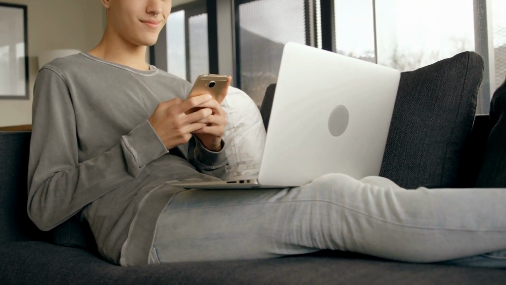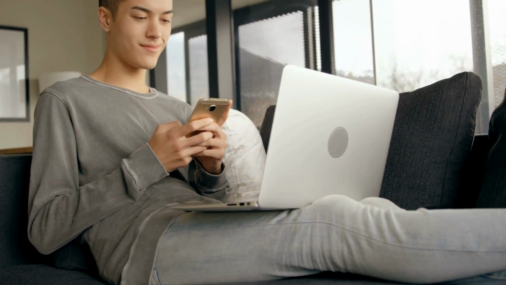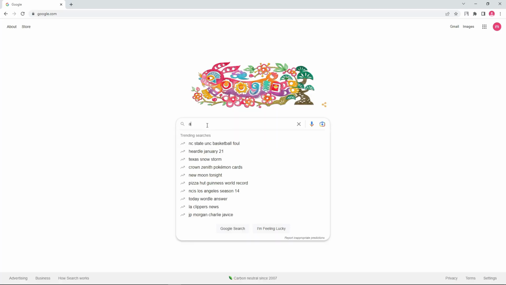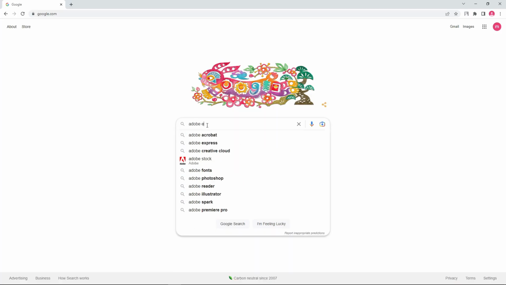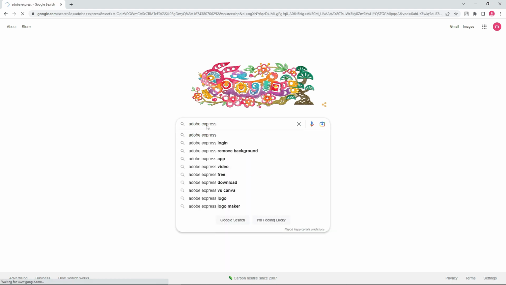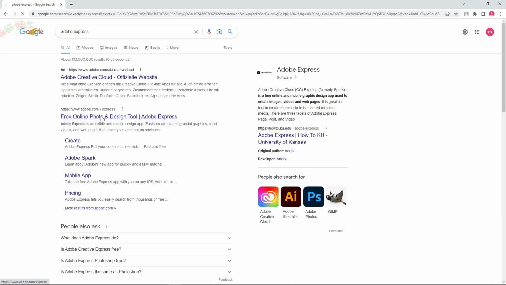You just need to have a laptop or smartphone or PC. Open your internet browser and type Adobe Express in the Google search engine. Open the first link. Now you can see the website's interface and you can make thousands of dollars using this